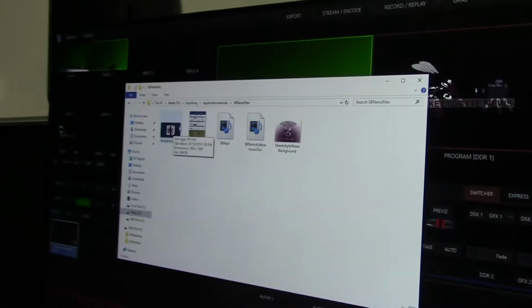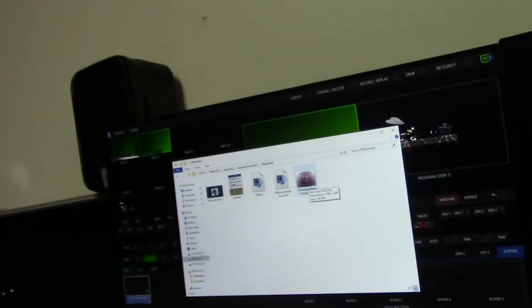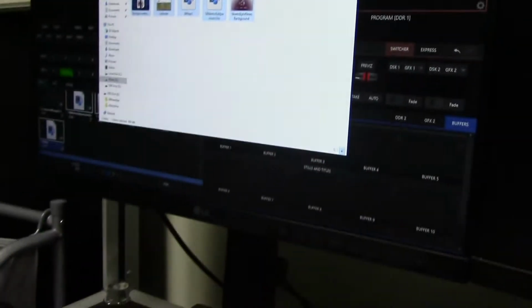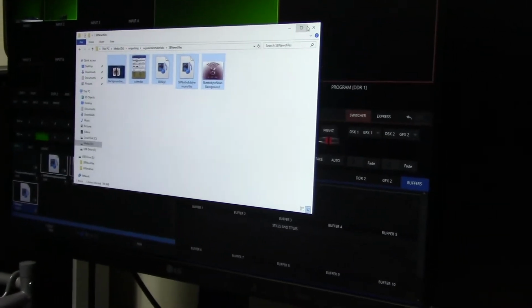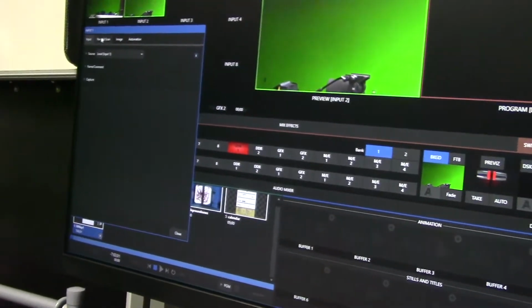So, some good stuff to import, and I'm just going to put it all on the DDR1. We got that. I'm holding down Shift and selecting that. So now we have it all. Can I drag it in? I can. Okay. So, let's go ahead and go to